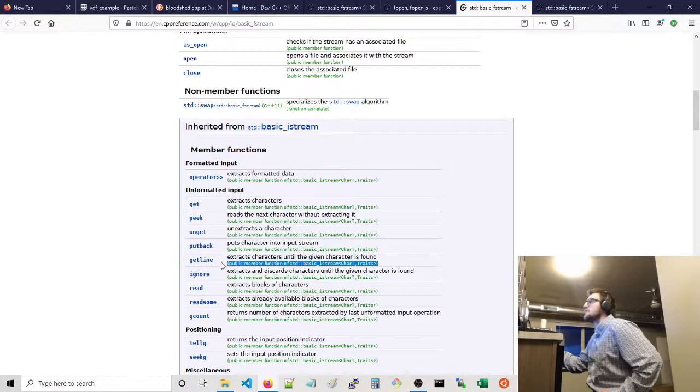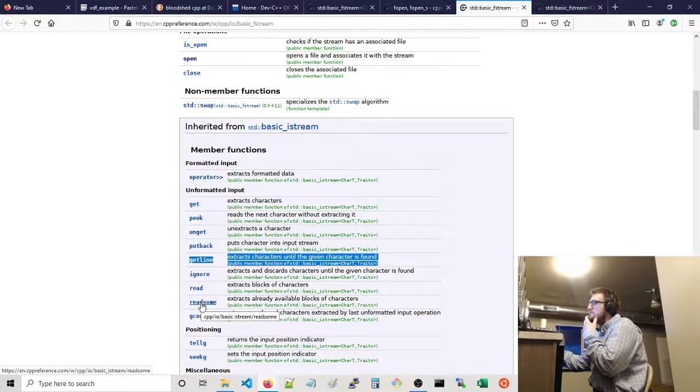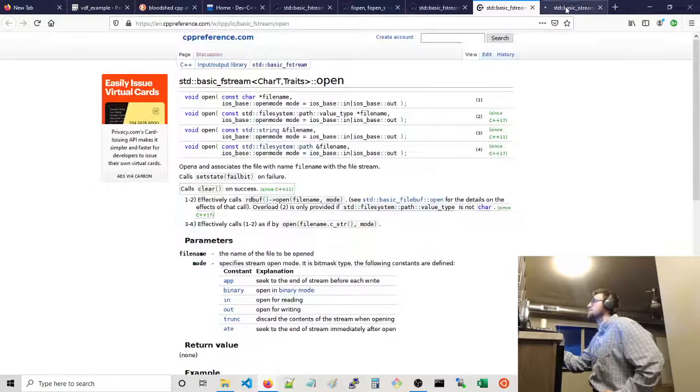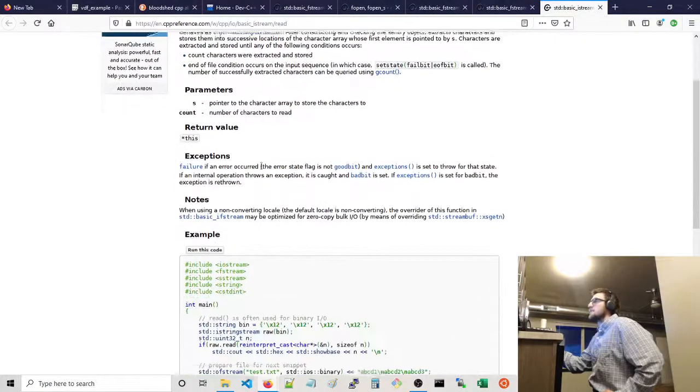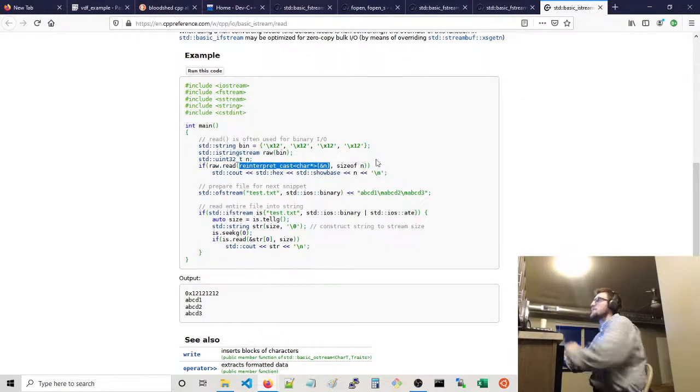Getline. I like that. You can get a line, or read some blocks of characters. What does read do? Let's go with that one. There are a few things you can do. Raw read: this will actually read into, let's reinterpret cast as a character string. This gives you just a string of